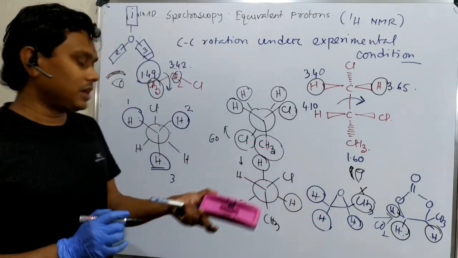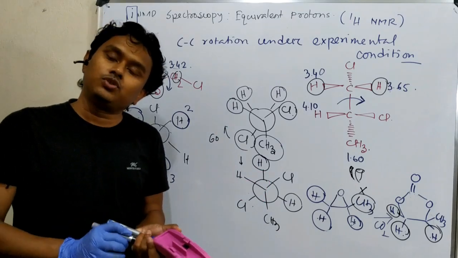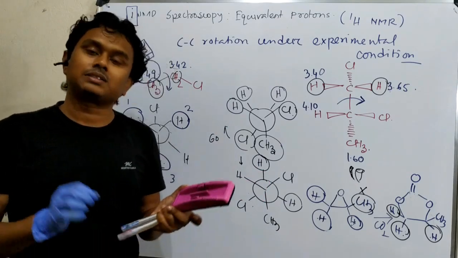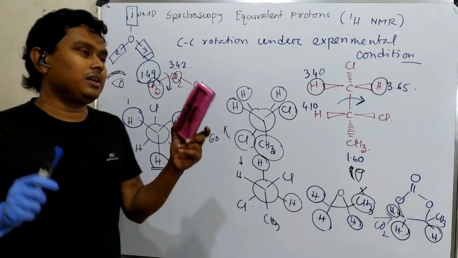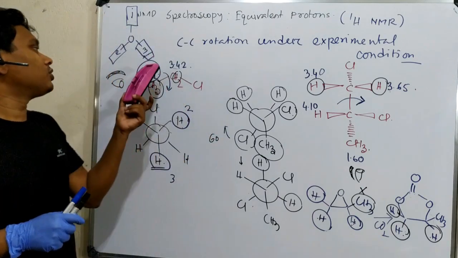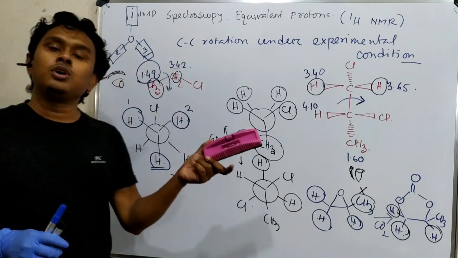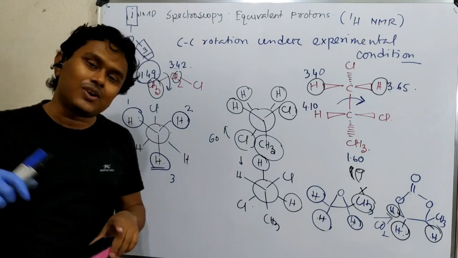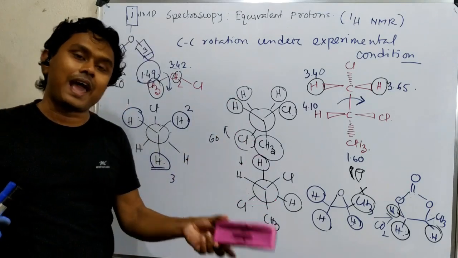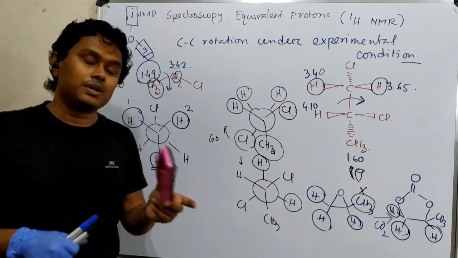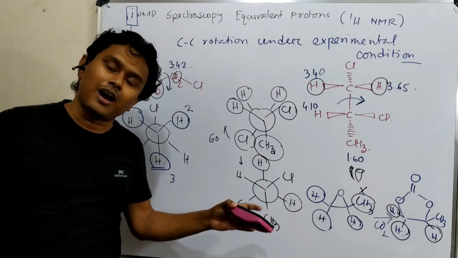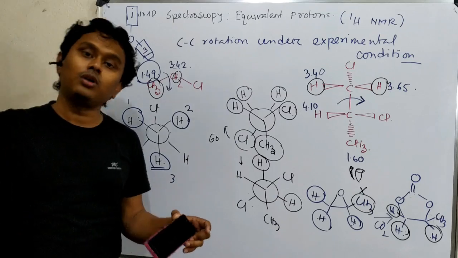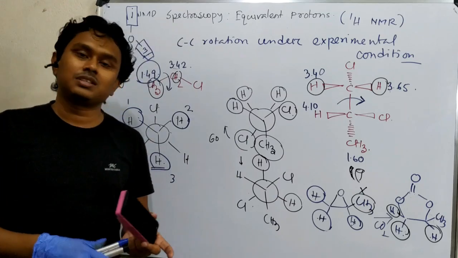So what have we learned today? First, we have learned equivalent and non-equivalent protons. And second, it is not true that 2 protons attached to the same carbon must be equivalent. They could be different based on the other functional groups, and this difference comes because of the electronic environment in 3D space, means through bond, through space. So this is the end of this discussion.